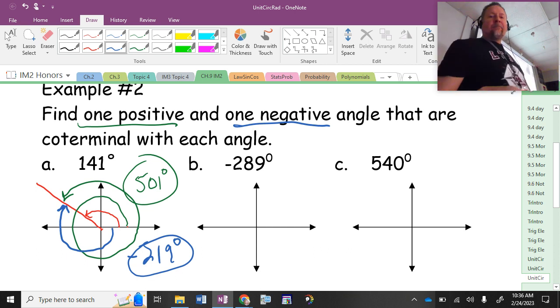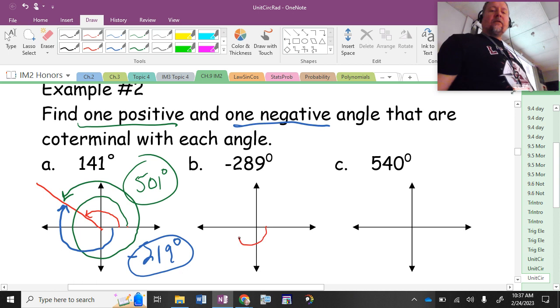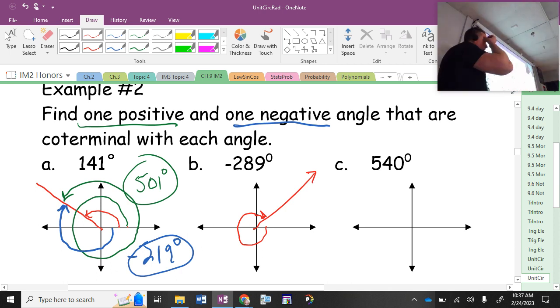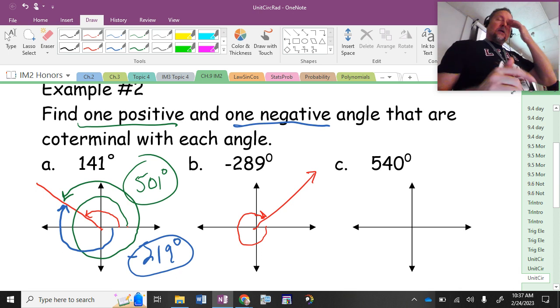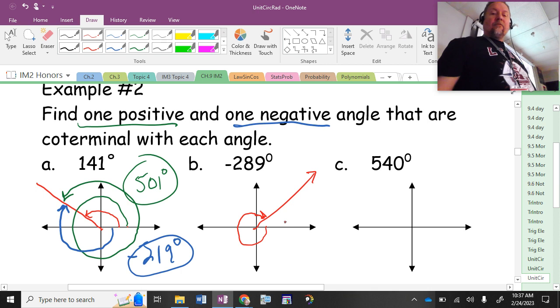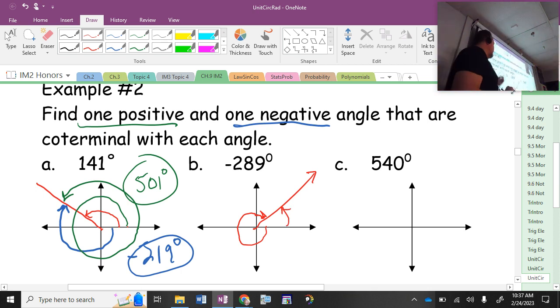Okay. Next one. Negative 289. What quadrant does that land in? 1, 2, 3, or 4? 3, 2, 1, go. 1. Because you have to go clockwise. Clockwise 270, 289. So that's where the angle lands, where the terminal side lands. Okay, again, initial side always the positive x-axis. So what's this little sliver right here? What's that? 3, 2, come on, 1, 0,